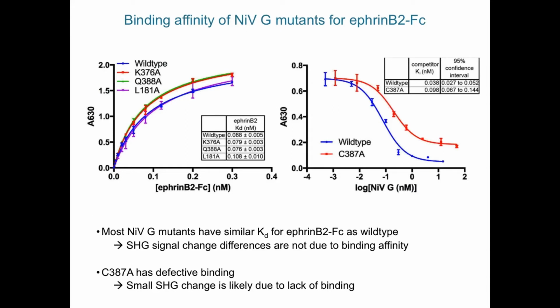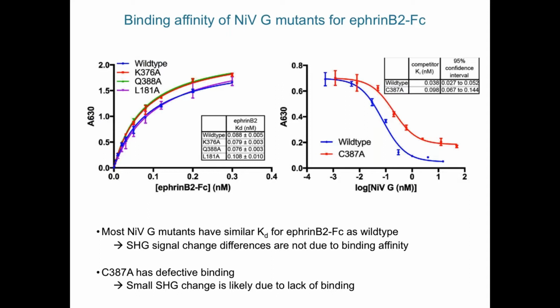We next measured the binding affinity of FNB2FC to each Nipah-G mutant by ELISA, in case differences there explain the differences in SHG signal. Nipah-G was immobilized to NiNTA-coated ELISA plates, followed by addition of FNB2. The KD for most Nipah-G mutants was similar to that of wild type, which was 88 picomolar. The exception was C387A, which had greatly reduced binding affinity and aberrant, inconsistent binding curves that prevented measurement of KD